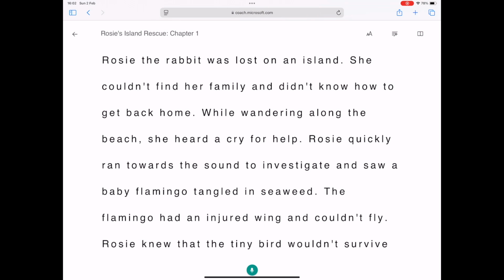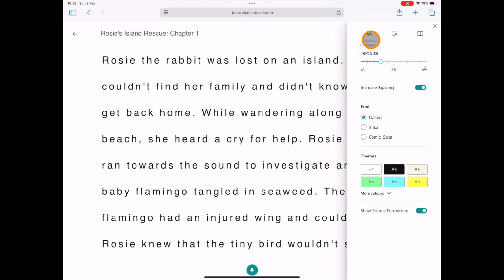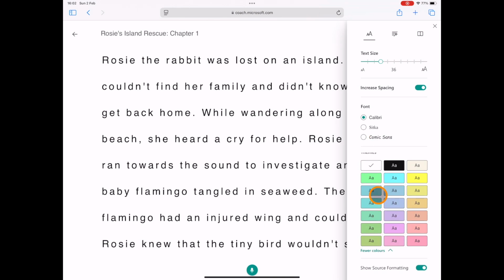Now Immersive Reader is really good because in the top right hand corner I've got some different options I can use to support all learners in the classroom. So first of all is text preferences, and in here I can create larger font by just changing the slider up and down. I can increase or decrease the spacing between the letters and the words, which again support the reading. I've also got 3 different fonts that I can use, and all of these fonts are dyslexia friendly,